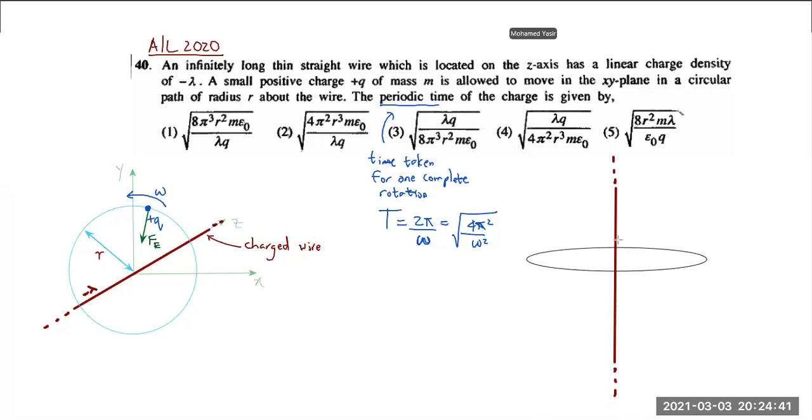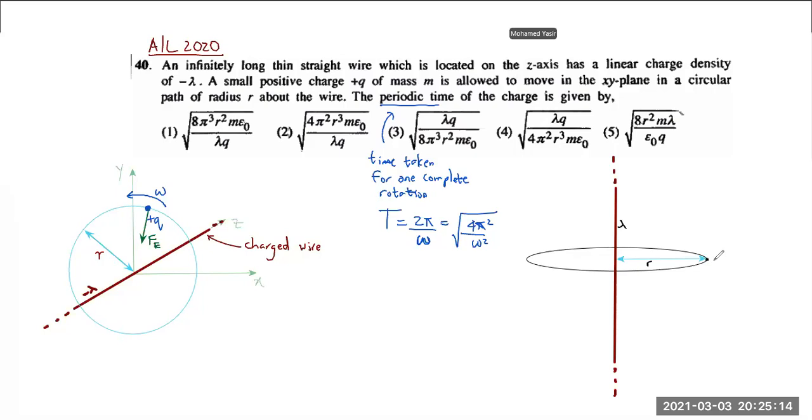So I'm just drawing a circle to indicate the distance r from the wire. What is the equation for electric field intensity? Let's see who can remember. This is r, and the charge density is lambda. Minus lambda means it is negatively charged, then only it will get attracted towards it and perform a circular motion. That's why it's minus. So let's disregard that minus and only focus on the value lambda.